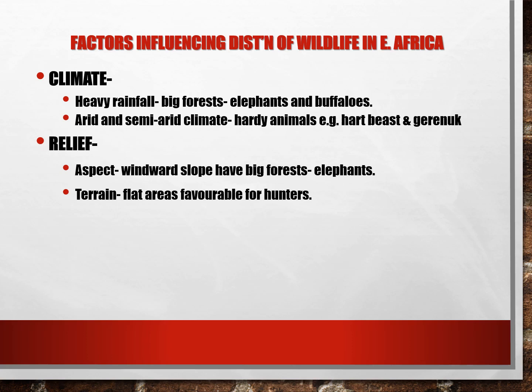Now, areas that have undulating landscape again will tend to favor hunters. Animals like cheetahs and lions are animals that need speed for survival. They hunt. You don't expect them to be hunting in mountainous regions, in regions that are rugged. They need a flat terrain to run fast and hunt. That's why you'll find them in areas like the Masai Mara, which is relatively plain land, because they are able to hunt effectively in such areas.